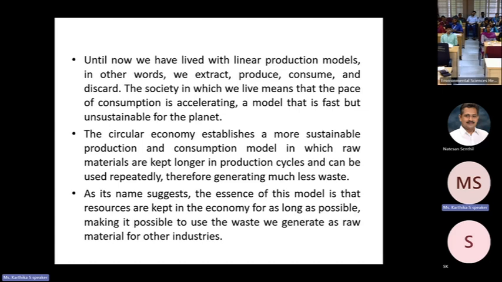Why are you discarding it? This waste material must be supplied as a raw material for the second industry to generate second products. That is what they are doing now, particularly in the fruit industries. They take the extract, and whatever is left out, the peel and other waste, they are using for